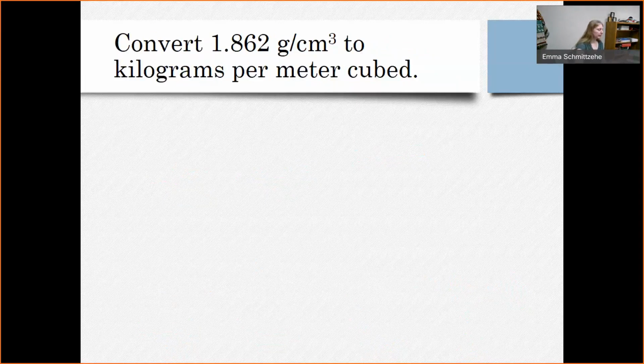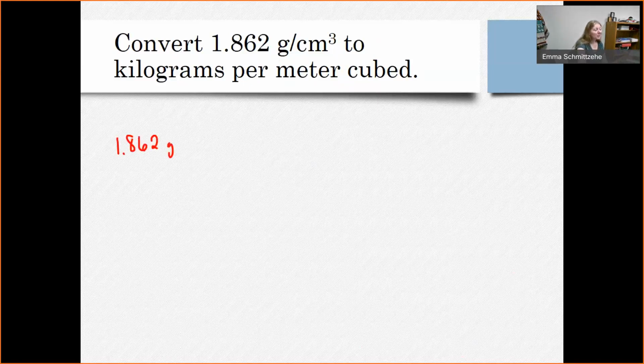Okay, next up, let's do one more with metric prefixes. Actually, did I miss one? No, I didn't. Okay, well, there we go. So here I say convert 1.862 grams per cubic centimeter to kilograms per meter cubed. Okay, so we have 1.862